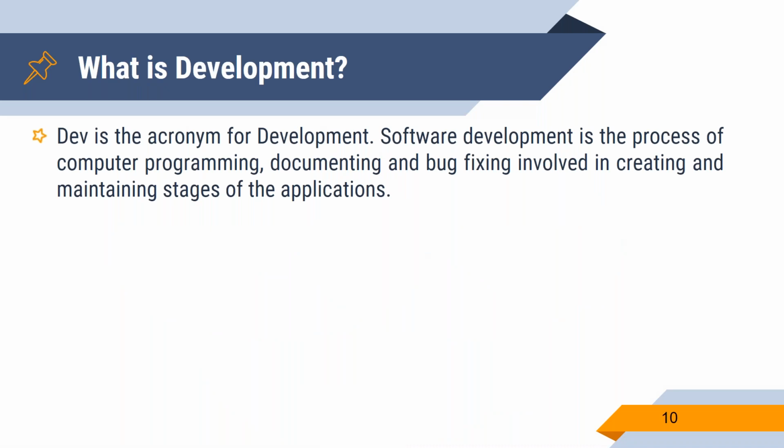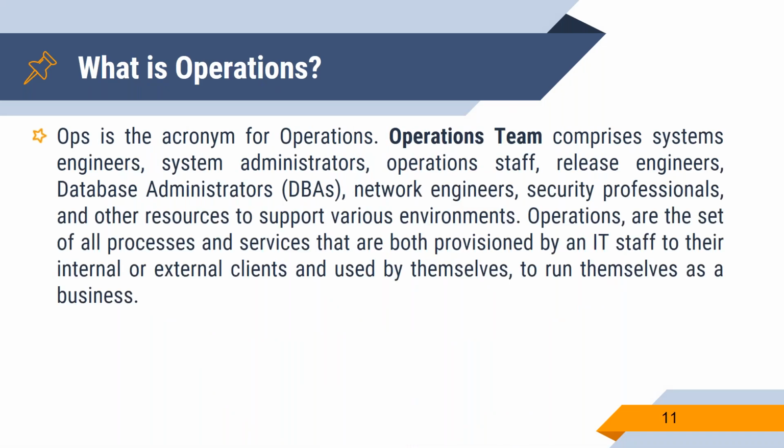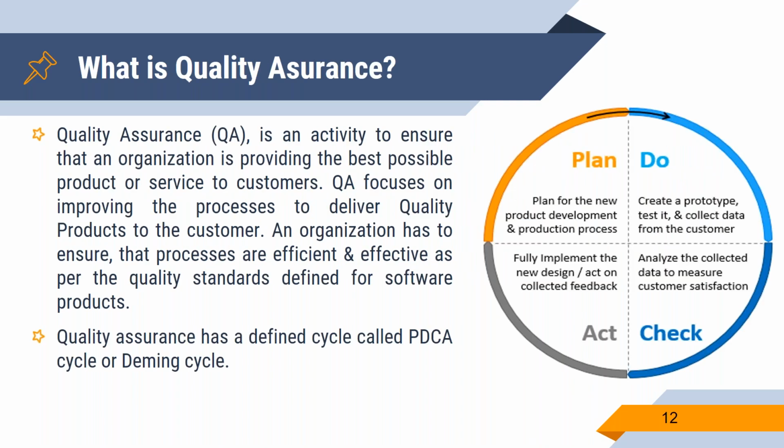And this is how the development team will work. They will develop the products, and then they will do all the documentation, and then they will do the bug fixing. This is general about the development team. And in operation teams, again, we have multiple people. We have server management teams, application management team, database teams, network teams, security teams. All together they will do various tasks in DevOps. Both the development team and the operational team will collaborate, and then they share their work, what they're going to do and how they're going to approach. That is the main thing applicable in DevOps.